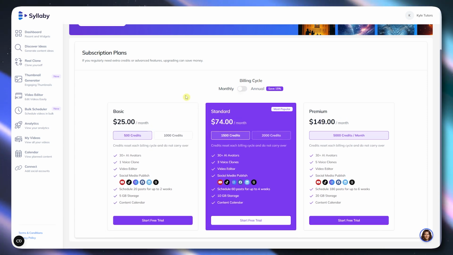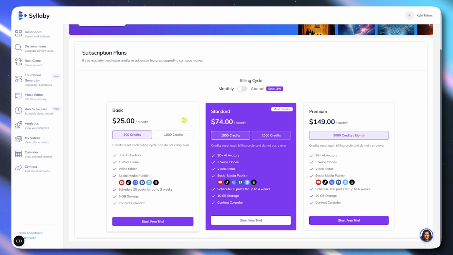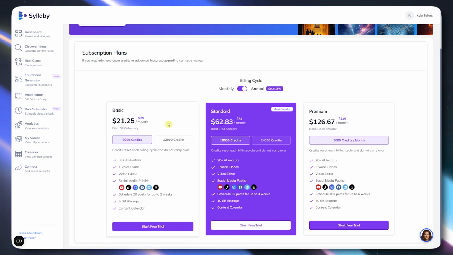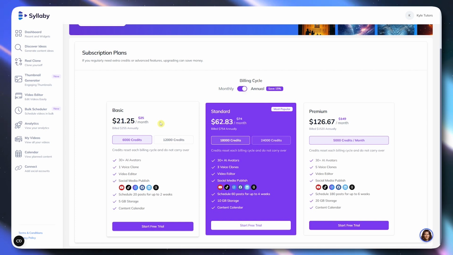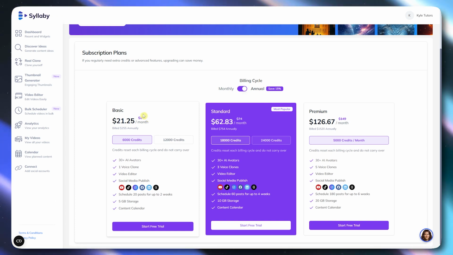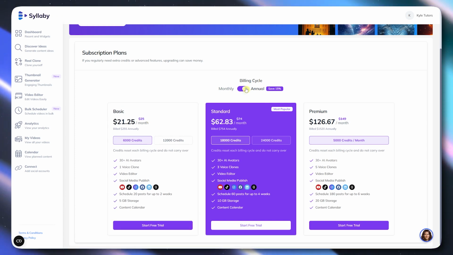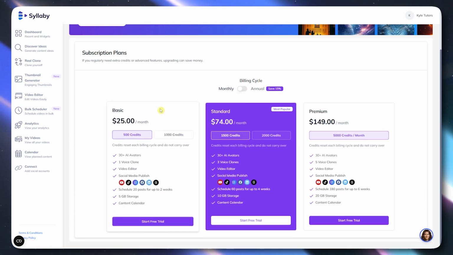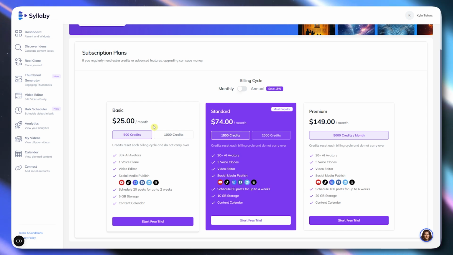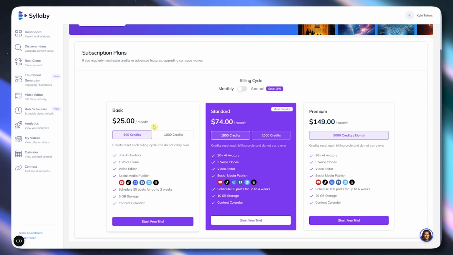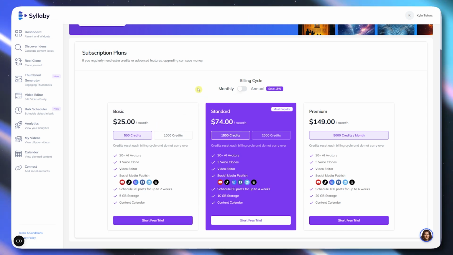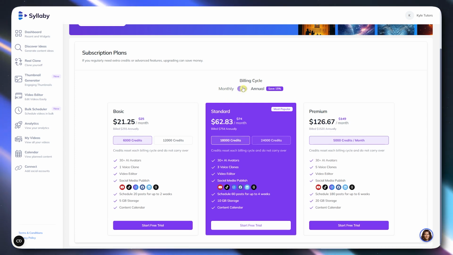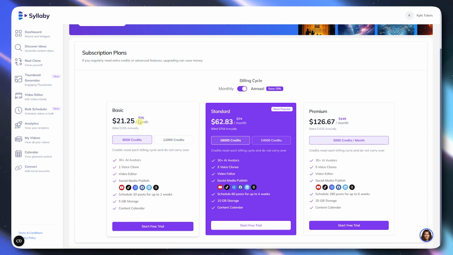As you can see, if we go monthly, it would be this price, and if we go annual, it will be this one right here. So you just have to pay it up front in order to get less spending when you are availing a yearly plan instead of monthly. But if you just want to try it out for maybe 2 months, then you should go for monthly in here. But as for this one, we're just gonna go for annual right here, and this is where we're gonna